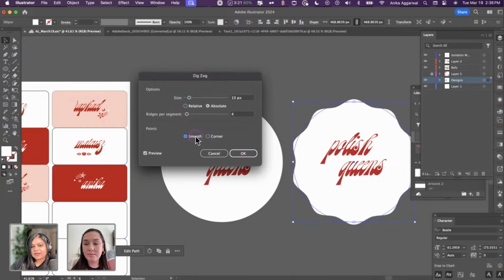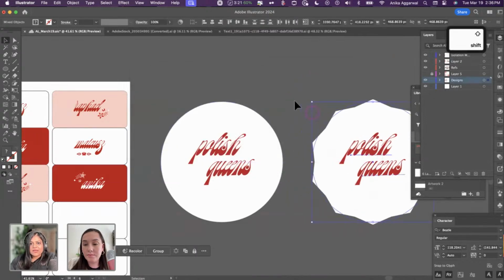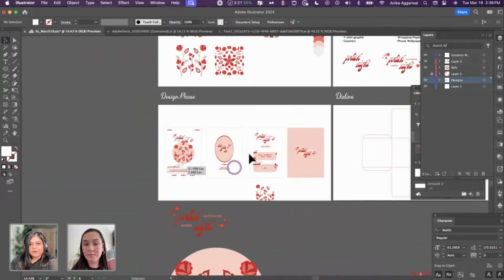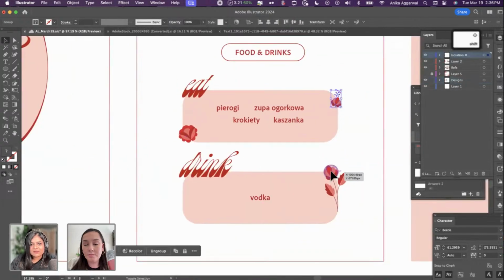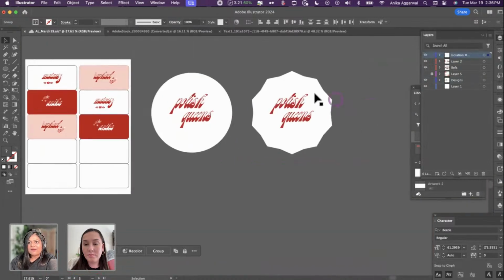But you can go ahead and make it smooth if you want it to be more on brand with the main text element here, but I do want it cornered. I'm going to leave that as is. And then maybe again, we can add some graphic elements in here. So I'm going to bring this guy, and this guy, because again, I want it to be on brand.